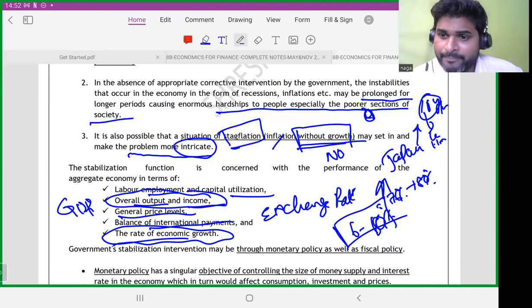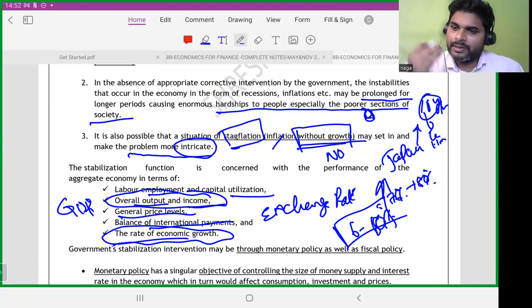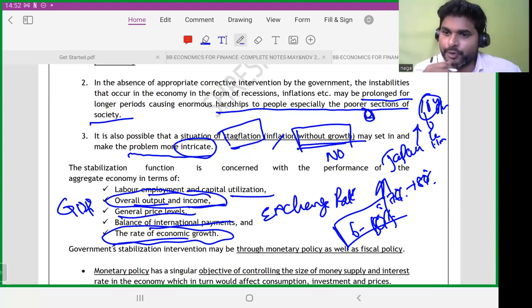For example, tax incentives. Or the government spending more from their pocket to increase economic growth. For example, during COVID time, what did the government do? Government gave things at discount rates. Government waived off the interest for businesses for a particular 3-4 months, considering the situation that we had then. These are the things that government has done to stabilize the economy.